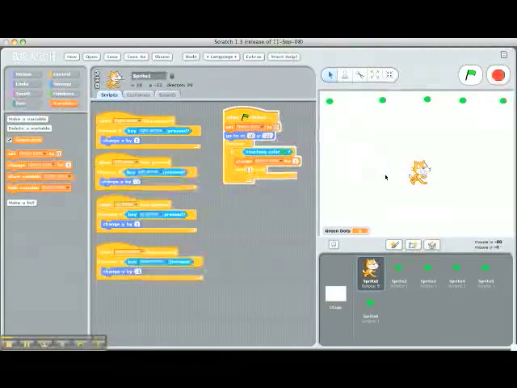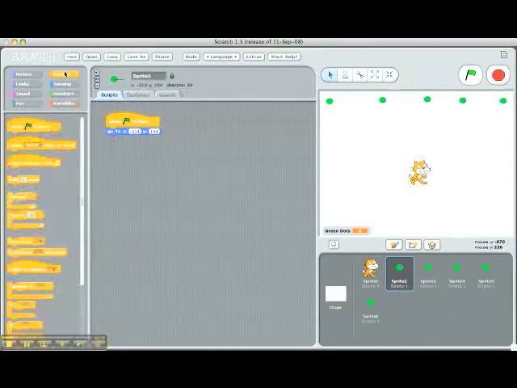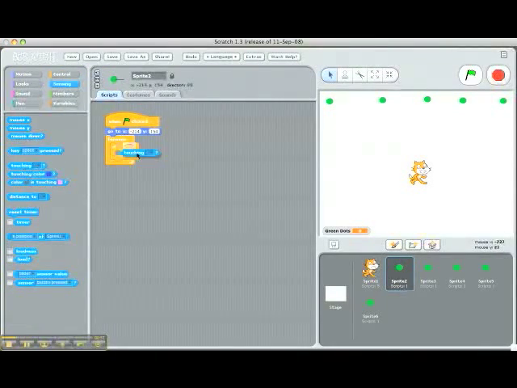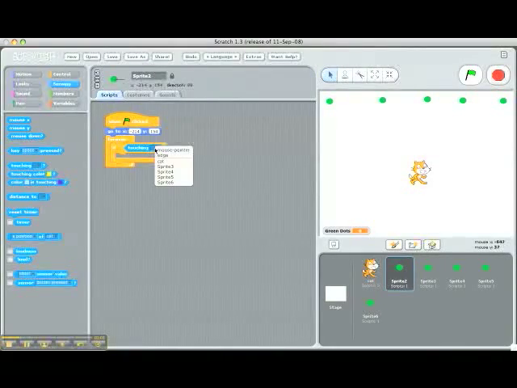Okay, so on each green dot we're going to set up a forever loop that checks to see if they're touching the cat. So we'll just throw a forever and then an if. Under sensing, we'll say if touching. Right now our cat, we didn't give it a name yet. We can go up here and just say cat. So this will say if touching cat, then we're going to tell it to, under looks,